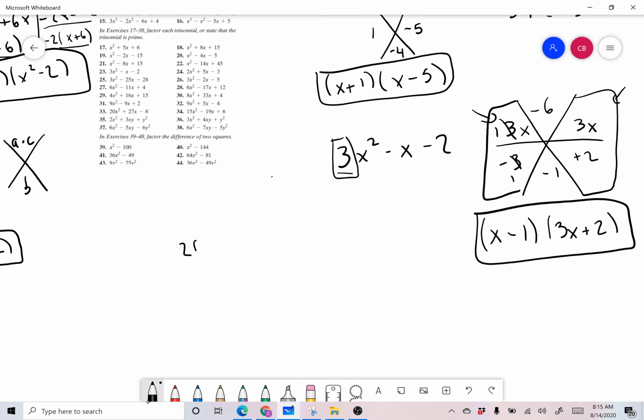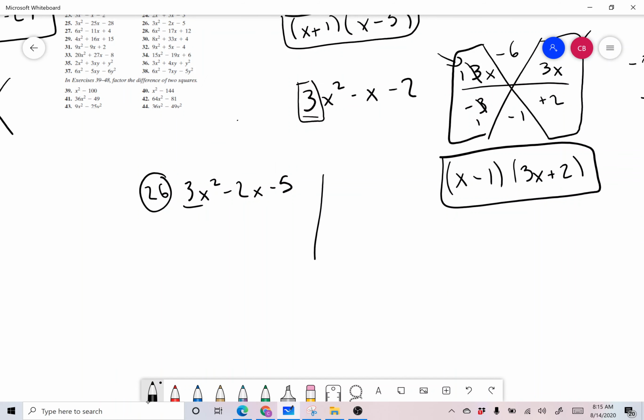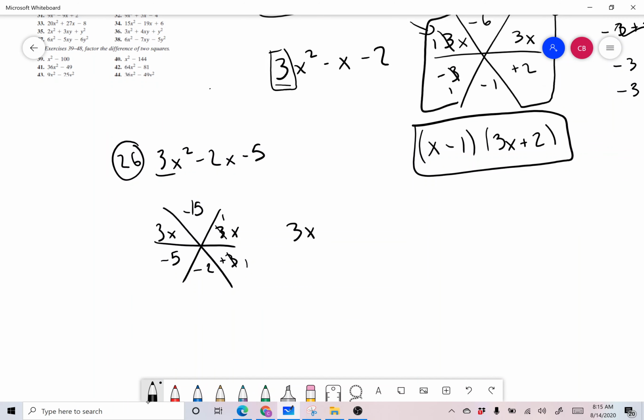So we have 26, 3x squared minus 2x minus 5. This is not 1, so let's do the Snowflake method. So 3x. 3 times negative 5 is negative 15, and we need two numbers that multiply to negative 15 and add up to negative 2. That's going to be negative 5 and 3. This one does not simplify. This one does, 1 and 1. Notice this is positive, so positive 1. So this is 3x minus 5 and